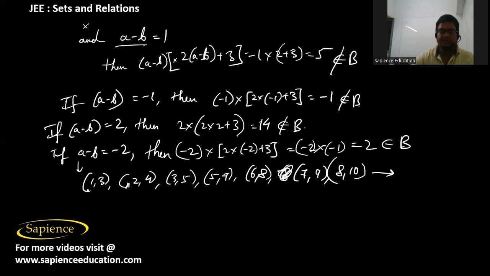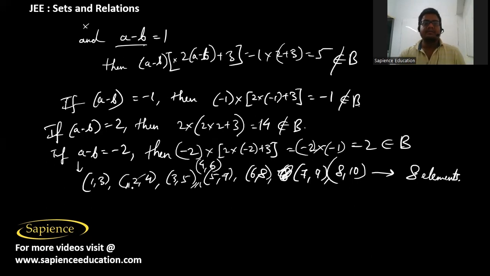So it means here we have 1 2 3 4 5 6 7. Yeah, so here we can also include 4 comma 6. So therefore here we have 8 elements,